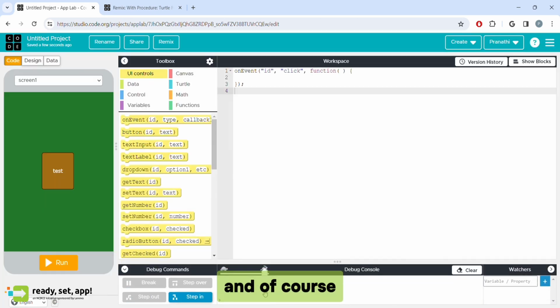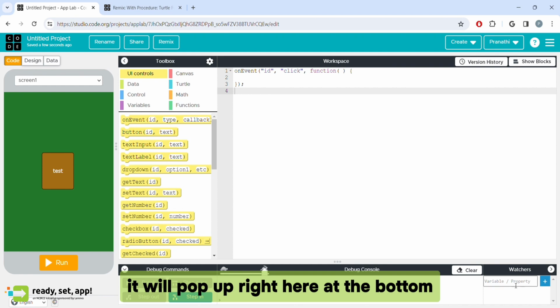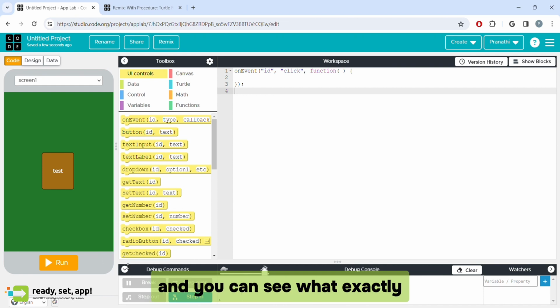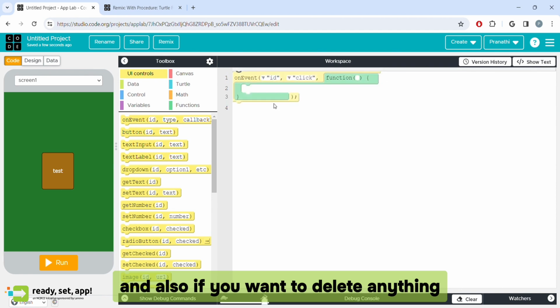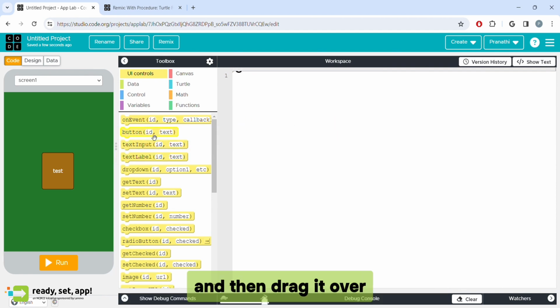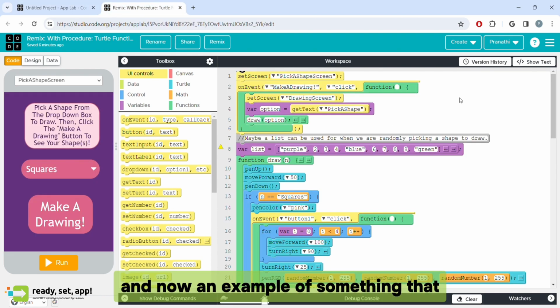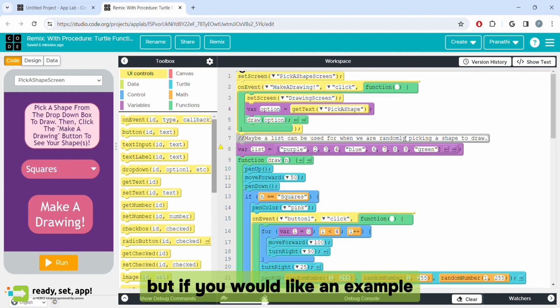in your new one. And of course you have a debug console, so if anything goes wrong, it will pop up right here at the bottom and you can see what exactly went wrong and how you can fix it. And also if you want to delete anything, you just can take it and then drag it over and then it automatically deletes. And now an example of something that is not exactly finished, but if you would like an